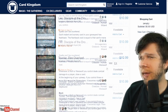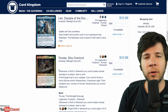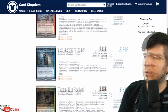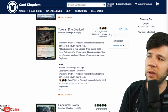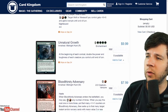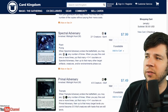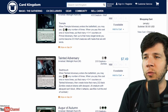This card is huge. And even Tovolar. Tovolar is the big werewolf commander of the set. 28 plus 18, what is that, like 46 plus 11, 57 plus 11, 68. So yeah, for $68, and again, $200 for the collector booster, if you wanted to just come over here and cherry pick the basic best singles from the set, you're definitely, as an EDH player, going to do better